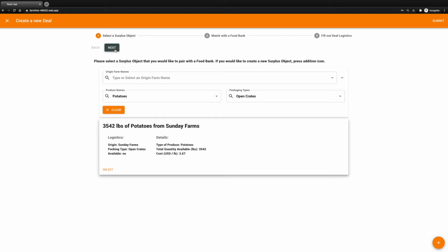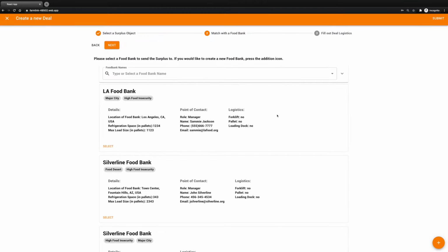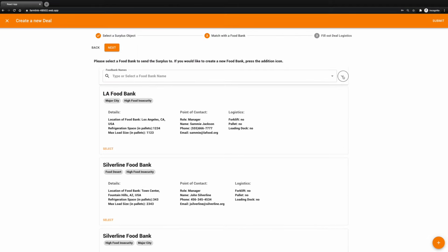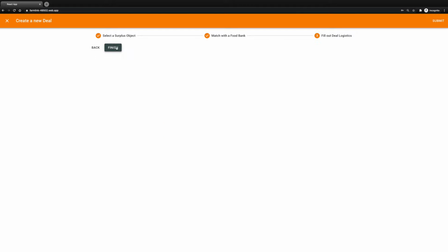And after this, we can go find a food bank that is the best fit for all of the constraints that we need. So there's many different ones logged in Farmlink's database, and we can consider different factors and different distance and travel time constraints as well to ensure that the food bank or community that we're working with is close to the farm that we're delivering from. So after we have searched and selected a food bank to work with, we're able to finish our seamless deal